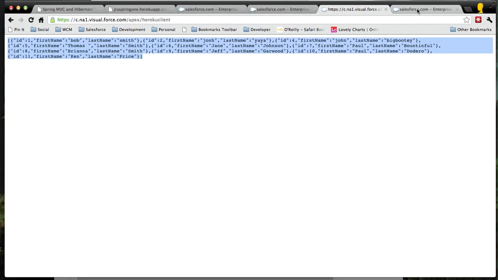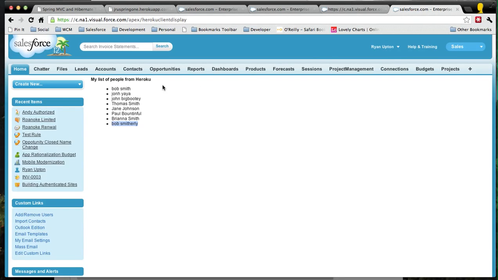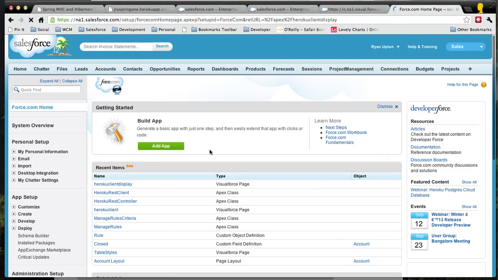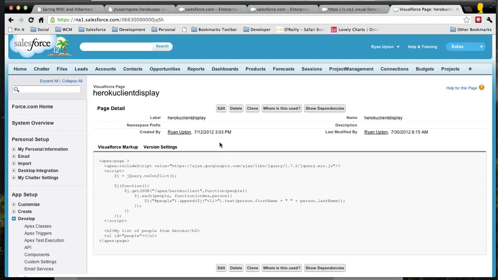So what I've also created, as I've already shown you, is a custom Visual Force page which essentially takes that JSON string brought in by Force.com and then uses jQuery to display through it. So let's take a look really quickly at how that's done as well. So if I look at that page, what you'll notice is that all I'm doing is simply using